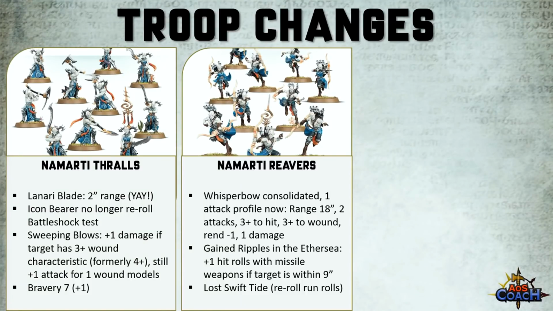So in the past, you used to have 2 different options. You could shoot with an armed fire or a storm fire. It is now just 1 attack profile. The Whisper Bow profile has a range of 18, has 2 attacks, hits on 3s, wounds on 3s, has rend 1, damage 1. The shooting attack has generally improved all round. You've got a better to hit and better to wound profile than you used to have. You've gained rend. You've lost the option to do 3 attacks at short range, but you've gained an ability called the